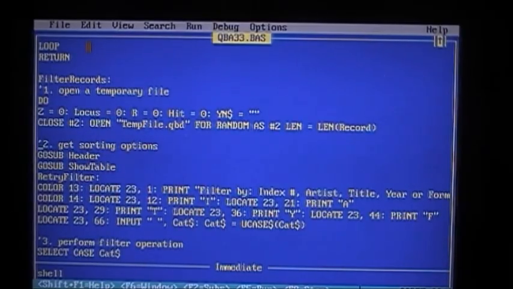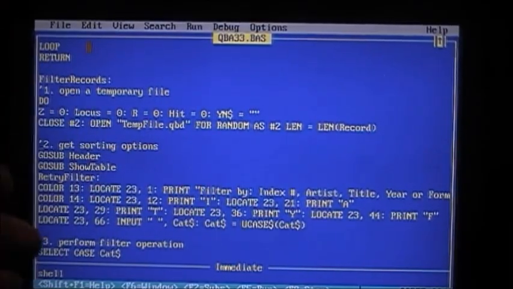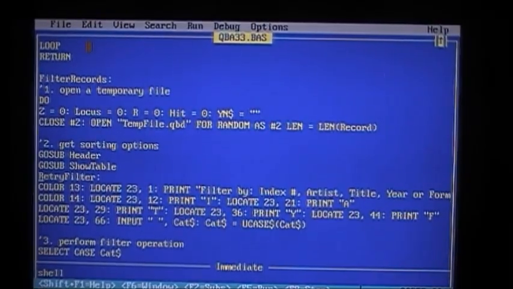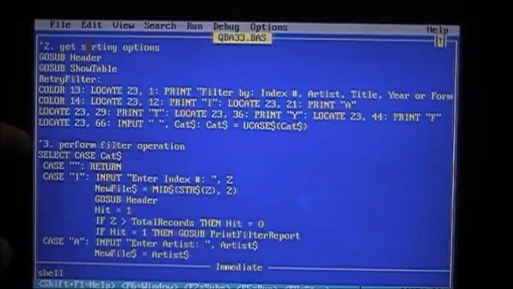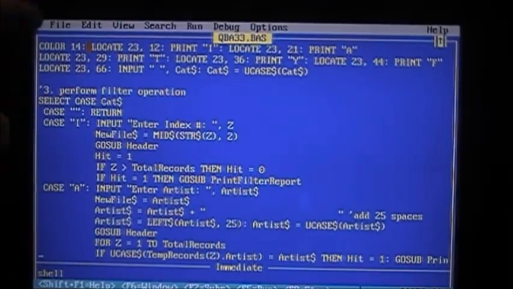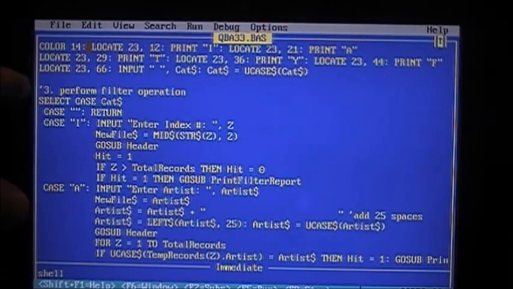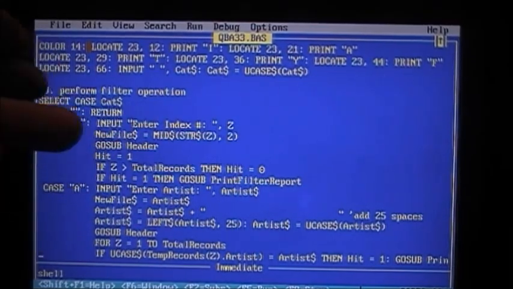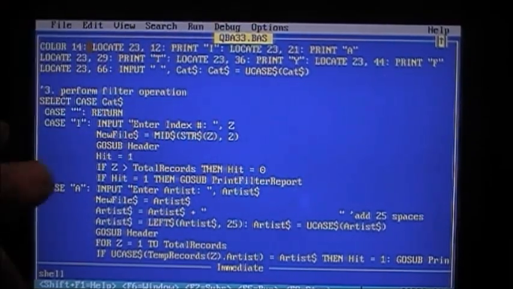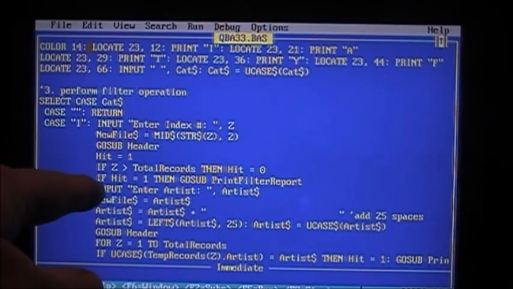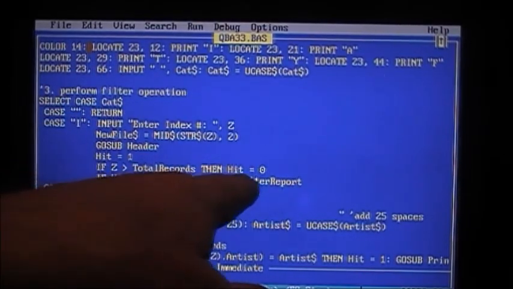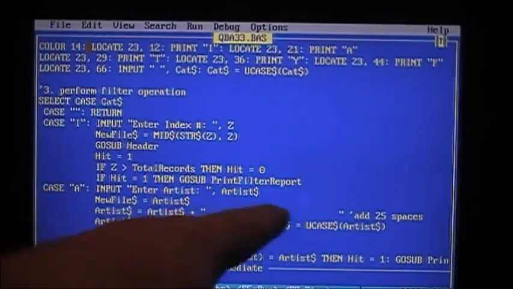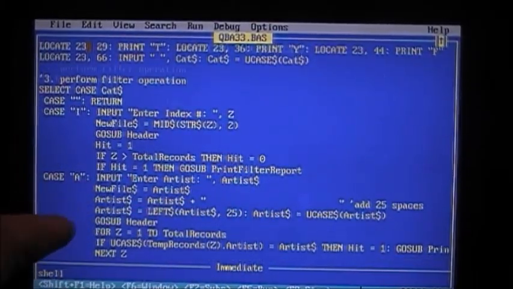Do you want to sort by item number, index number, or by artist, or by title, etc. We perform the actual operation. This is the part that gets icky, but again, we select case. What do you want to sort by? If it's by nothing, we've hit the return, we're done. If it's by index, we just look for that index number, and if it matches, we go sub print filter report. Now, if case artist, we enter our artist, we format it to what matches the disk, go sub header,